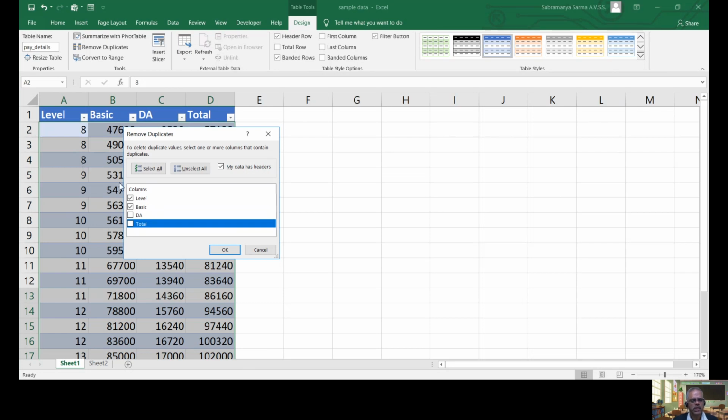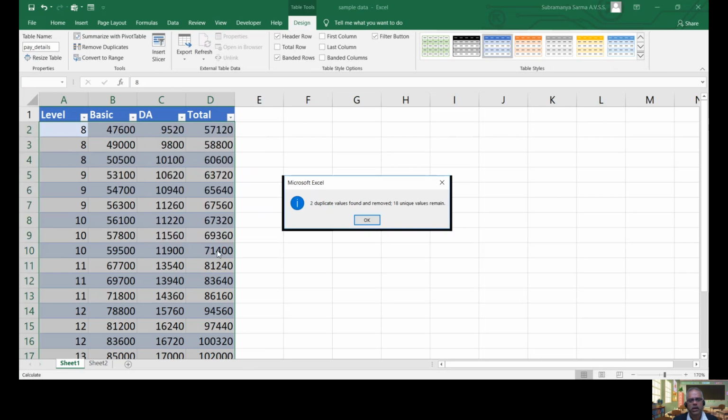Because DA and total are calculated fields, I have removed them. Even if they are there, there is no issue. Anyway, those become a part of our duplicate identification process, right? So I have selected the two fields, level and basic, and pressed OK. You see what happens? A pop-up is saying, I will zoom a bit so that we can read that.